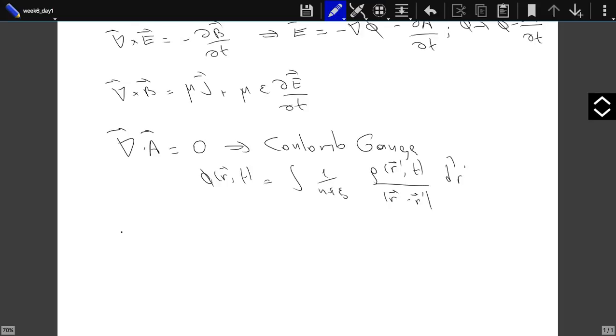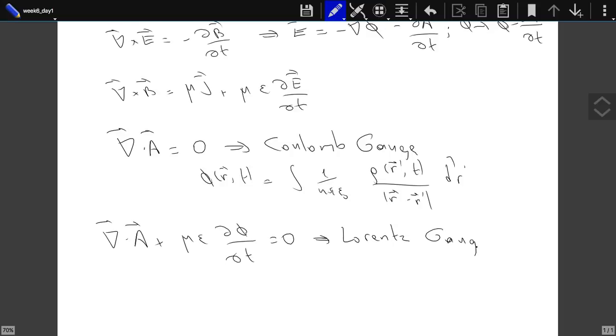Now, another gauge that we will be using quite often is this one: del dot A plus mu epsilon del phi by del t is equal to 0. This is called the Lorentz gauge. And if you note, in the static limit, where nothing depends on time explicitly, the Lorentz gauge basically reduces to the Coulomb gauge. In a sense, this Lorentz gauge is the generalization of the Coulomb gauge to electrodynamics. And in this gauge,